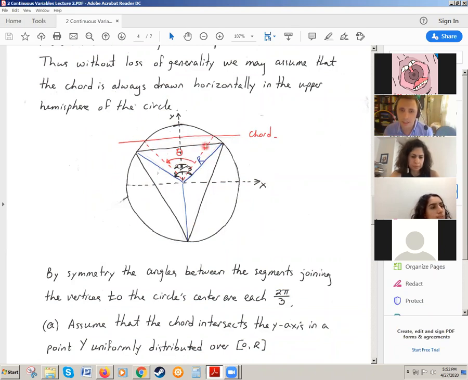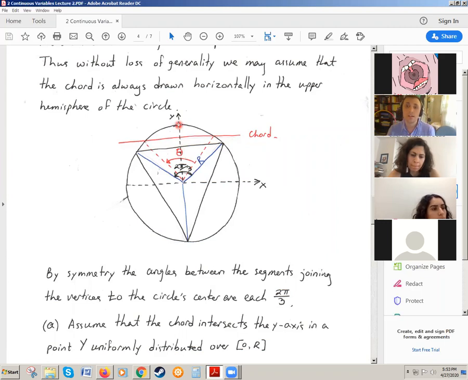But basically, you can use symmetry. The circle is symmetric. You can readjust by imagining that the chord falls on a glass table, and the circle below it can then be rotated into position. The length of the chord, from this point to that point, is not affected. If I rotate the circle below it, it's not going to affect the probability. So I can always rotate the circle into position so that this is the picture I see. I first drop the chord and then I rotate. So then I can imagine that the chord is equally likely to be distributed from 0 to r.